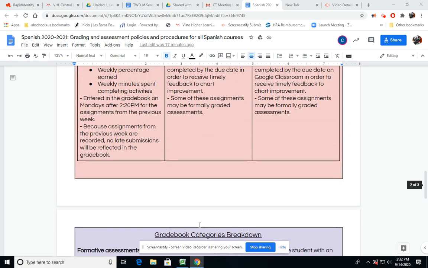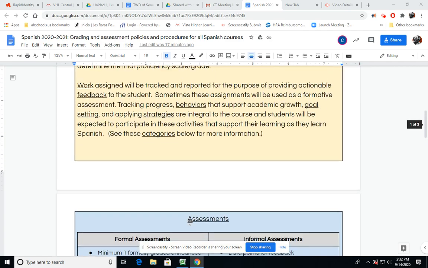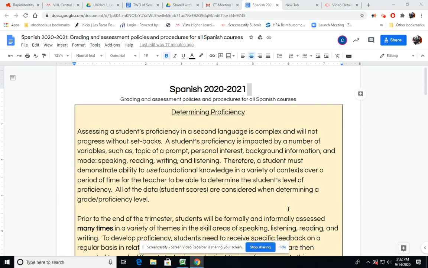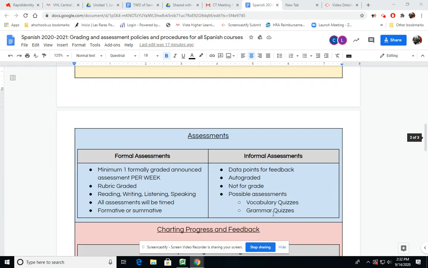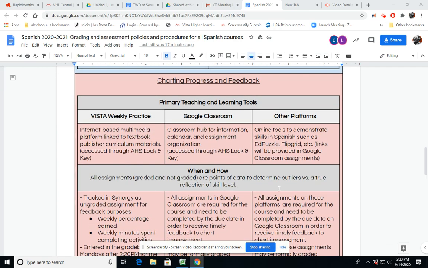So read over this, and we will discuss more things as we go along, but just get a general idea as far as how we're going about doing things in Spanish class. And I think what I'll do, I'm thinking of this right now, thinking out loud, I think I'll create a Google form to go along with this video, and then collect questions that you have, and I'll give you some time to get questions on there, and then maybe we'll circle back next week.